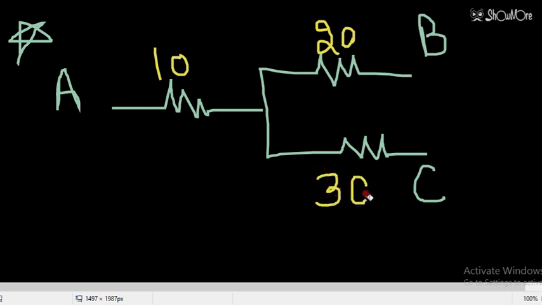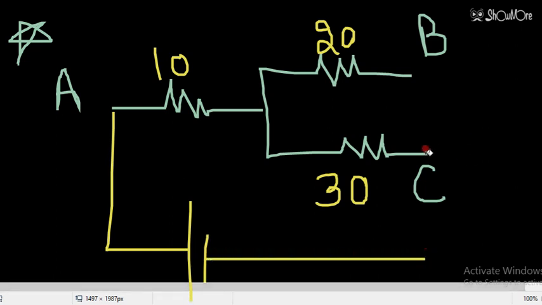So now students, when I have to find the resistance between point A and C, then the simplest method is to connect a battery across the two terminals. So A and C, these are the 2 points where I have to find the resistance. So I connect a battery here. Now you can see some current is coming from the battery. Let's name it as I. Some current is coming from the battery, same current will flow through this resistance.